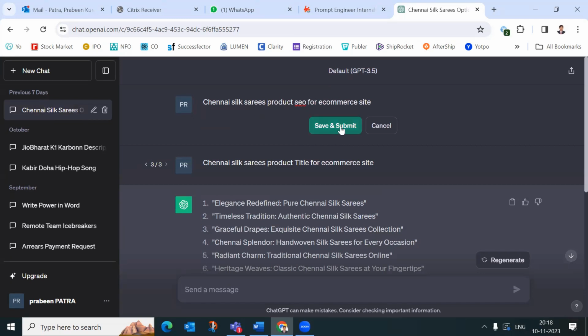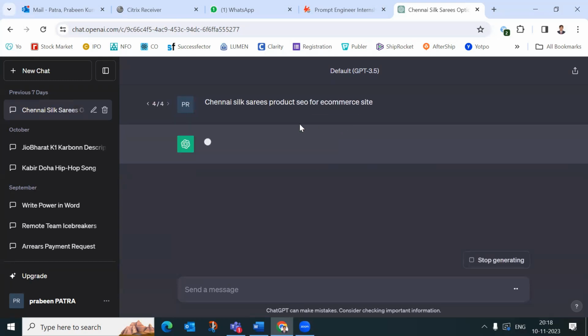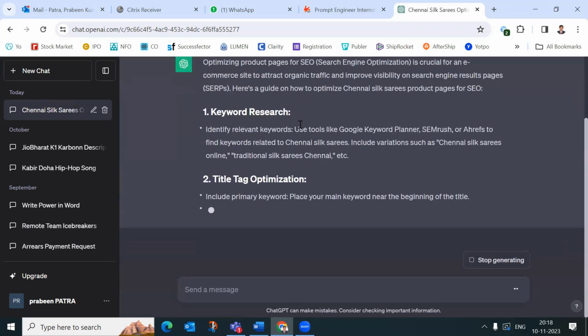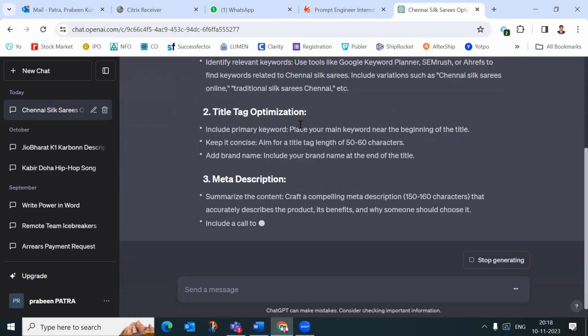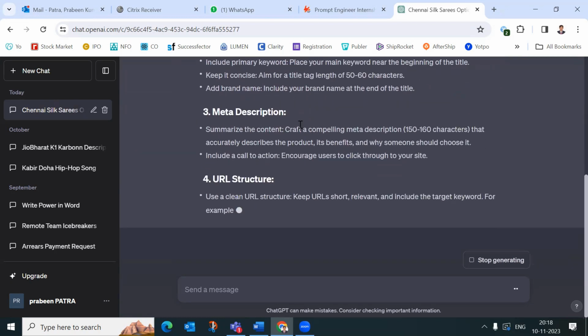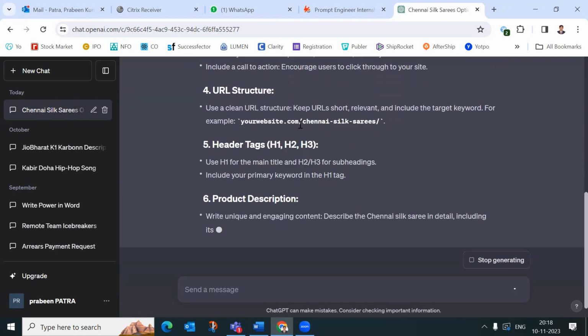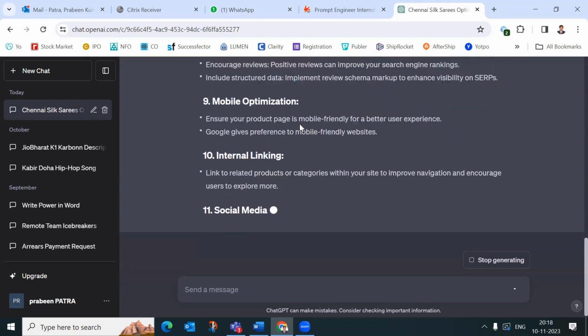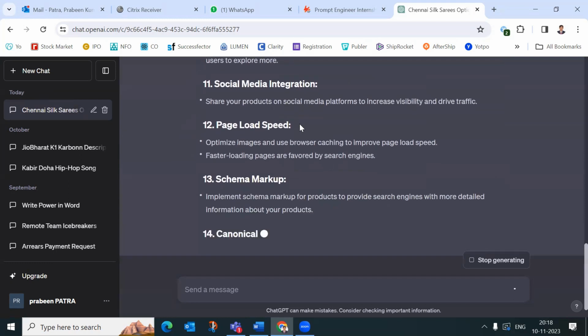SEO is nothing but keywords which help in finding that product in Google search. Here are all the details, customer reviews,